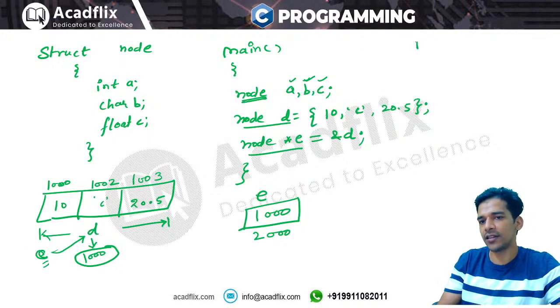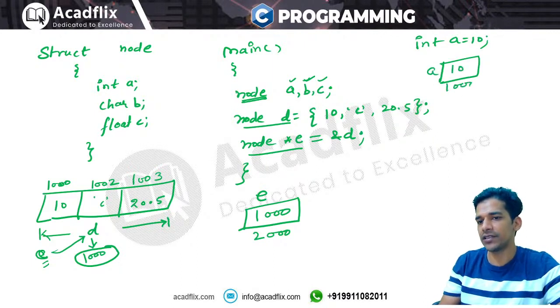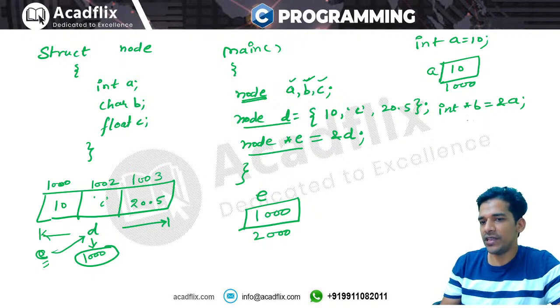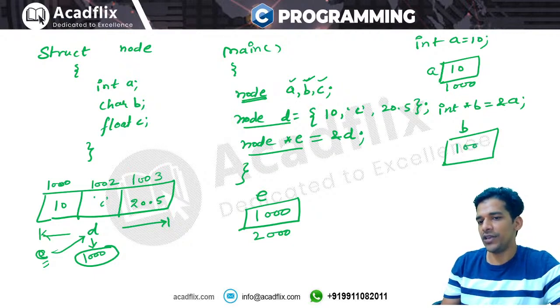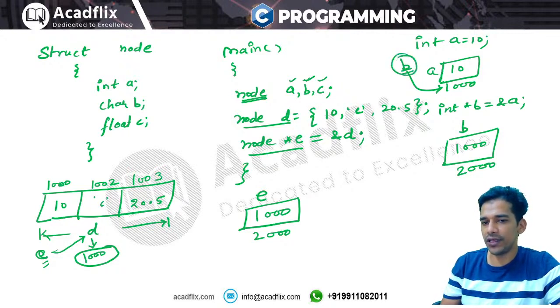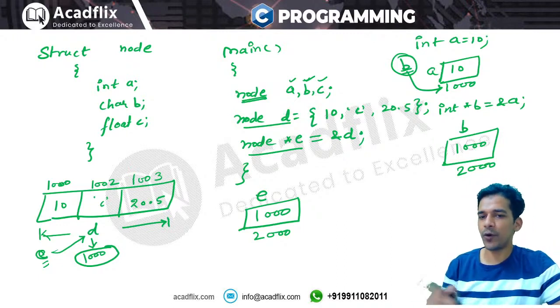Just like when you declare any variable, int a equals 10, okay, it means that you got a variable a in memory, the value 10 went inside it, and its address is, say, 1000. When you say int star b equals address of a, this means that b is a pointer and b is keeping the address of a. Okay, b will be keeping the address of a, the address of a is 1000. So b is also a variable which is keeping the address of a, right? So this means that b is pointing to a. Okay, b is pointing to the address of a. Just like that, this structure e, node e, is pointing to the address of node d, right? You can declare a normal variable and you can also declare a pointer variable.